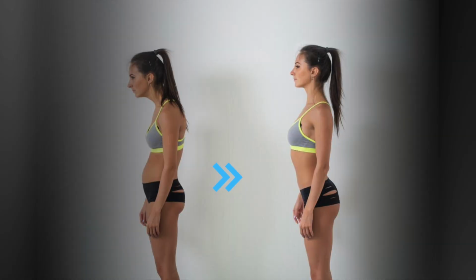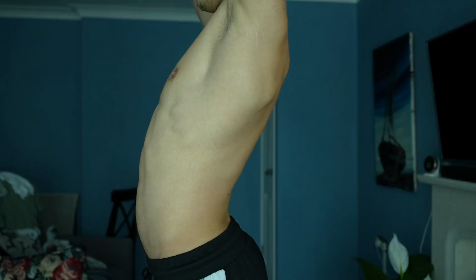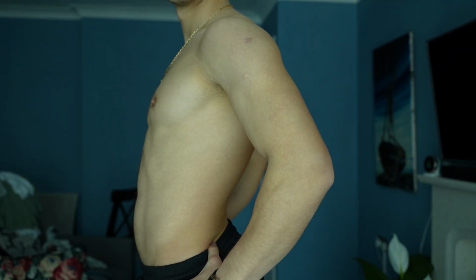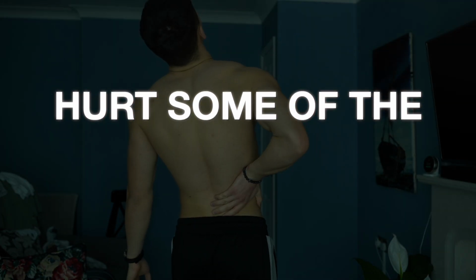How to fix anterior pelvic tilt before it's too late. Over 85% of men and 75% of women suffer from this condition where your pelvis is rotated or tilted forward. And if you don't fix it, it can cause chronic lower back pain or even hurt some of the internal